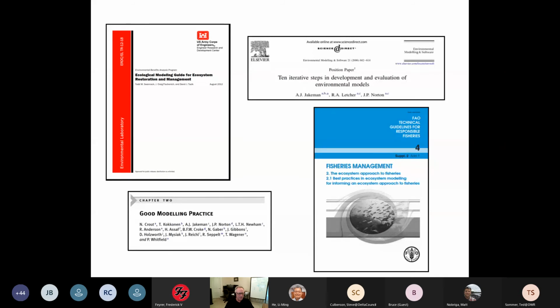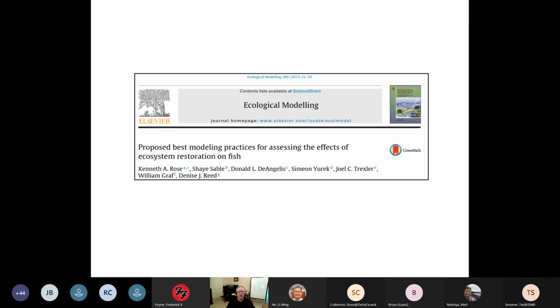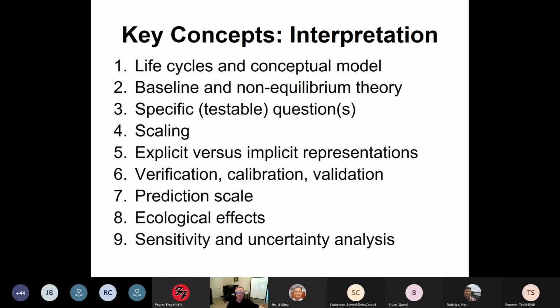So others have asked what is good modeling practice. Of course, I'm going to use what I said. I tried to name this paper 'proposed pretty good modeling practices', but that didn't go over so well. This came about from a very similar situation in coastal Louisiana. People picked a model, used it, and everyone said, well, how did you end up with that model? And so we wrote this paper about it.